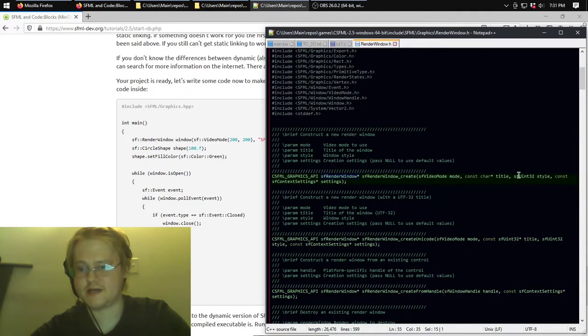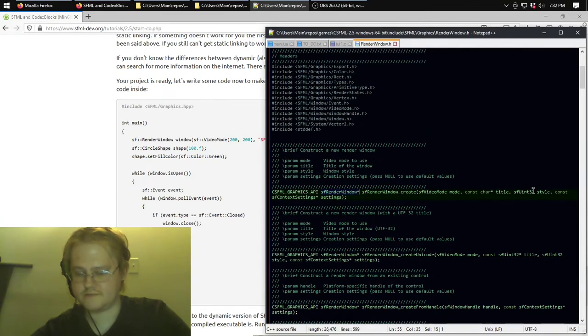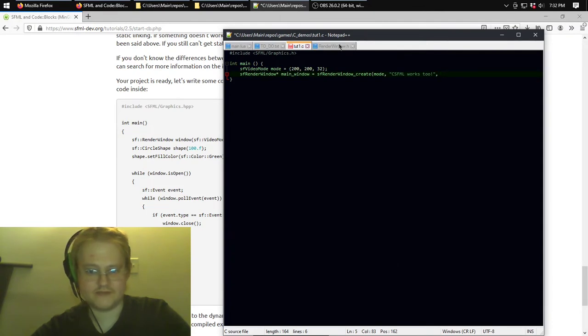And then there's a style that is an sfUint32. The styles are enumerated elsewhere. The thing to remember is that sfDefaultStyle has minimize, maximize, close, resize. This is stuff that you expect from your average full-featured window. So sfDefaultStyle,